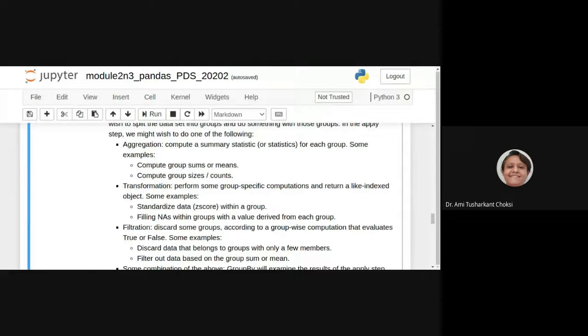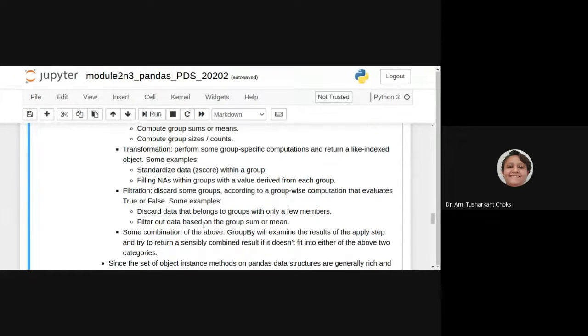The third thing is filtration. Discard some groups according to a group-wise computation that evaluates to true or false. For that, the examples are discarding data that belongs to groups with only a few members, or filtering out data based on the group sum or mean.